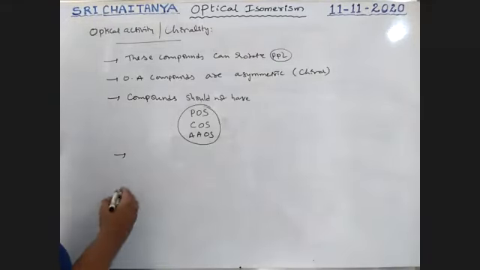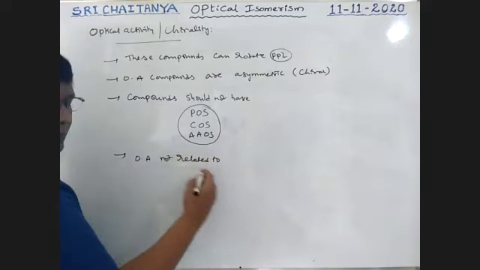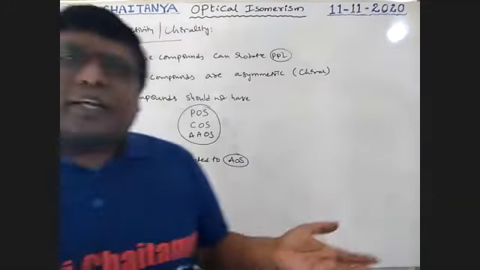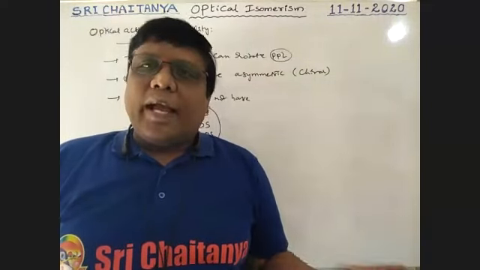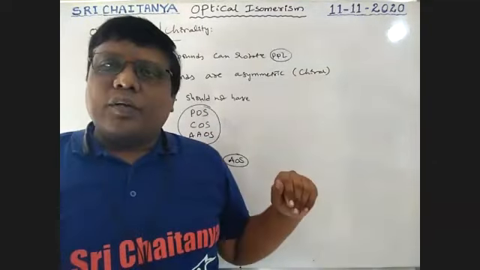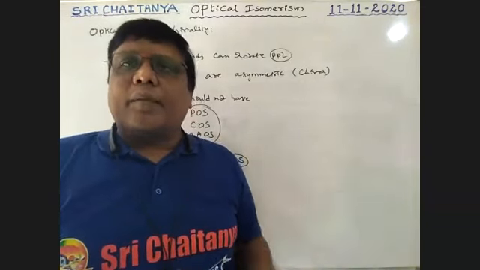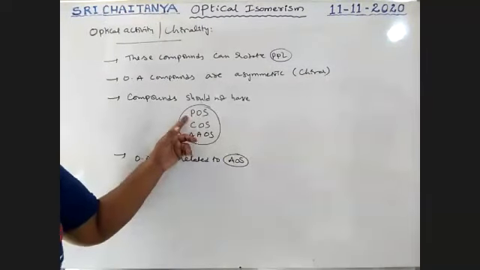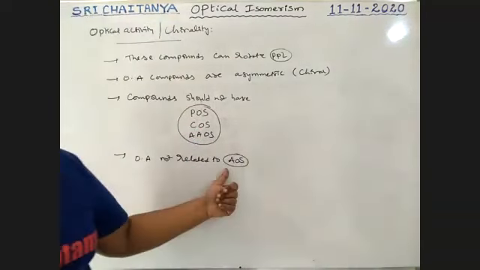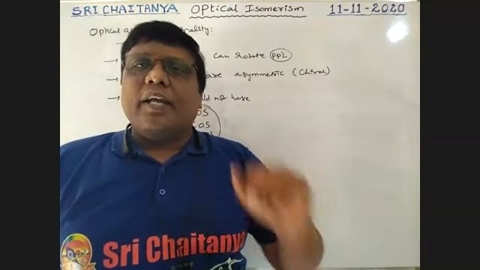Next, optical activity is not related to the axis of symmetry. Whether an axis of symmetry is there or not, the compound may be optically active or inactive. Yesterday we covered that point with examples. So no symmetry element is acceptable, boys, except the axis of symmetry. If any such symmetry element is there, the compound is optically inactive.